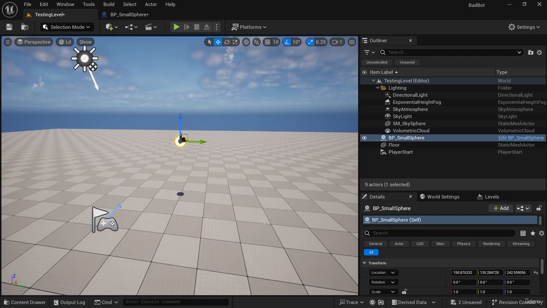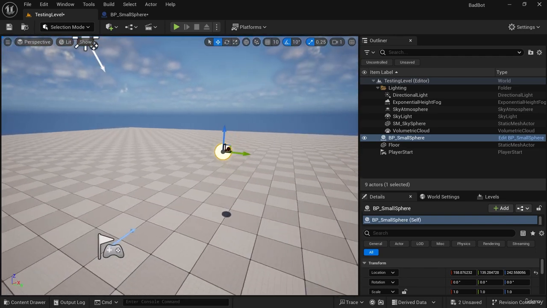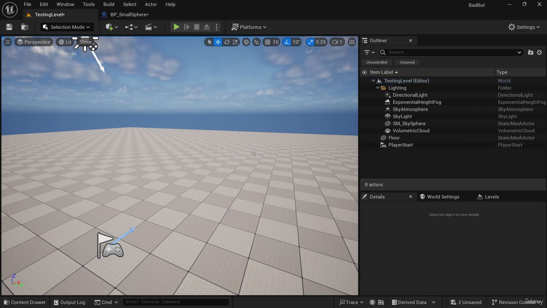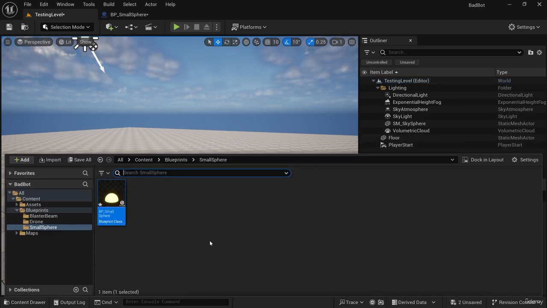Welcome back. Now that we have spheres and we've determined at least some of their behavior, it's time to create some kind of actor that can spawn these spheres in at regular intervals. I'd like a sphere spawner of sorts. So I'm going to go ahead and delete this BP small sphere, and I'm going to make a new actor for spawning these. We'll go ahead and go into our blueprints folder, and these can be in the small sphere